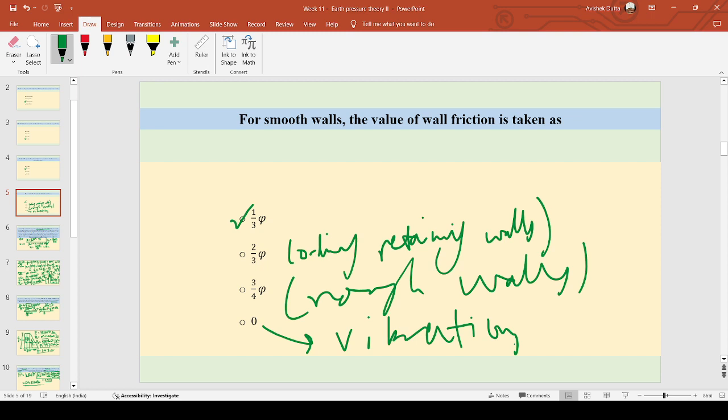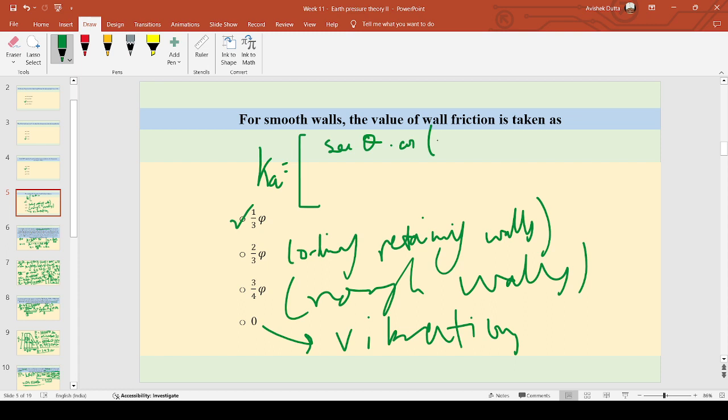Okay, I made a wrong answer here. For smooth wall, the value of wall friction is taken as 1/3 of phi. Now, with respect to this question, we'll just discuss your doubt from the last class, that is wall friction, right? I have seen in this book the value of Ka when wall friction is being incorporated is sec theta